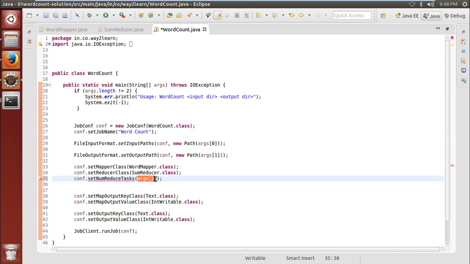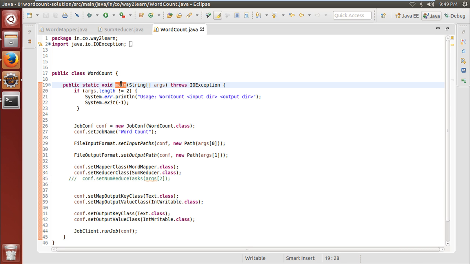But if I have written my program which will take args of 2 here, the user who is submitting the job should know as which argument that reduce task should be passed. The number of reduce tasks should be passed as the third argument, is it? 0 is the input argument, 1 is the output directory, and 2 is the number of reduce tasks. So he should remember, or he should be aware at which index the argument should be passed to the command